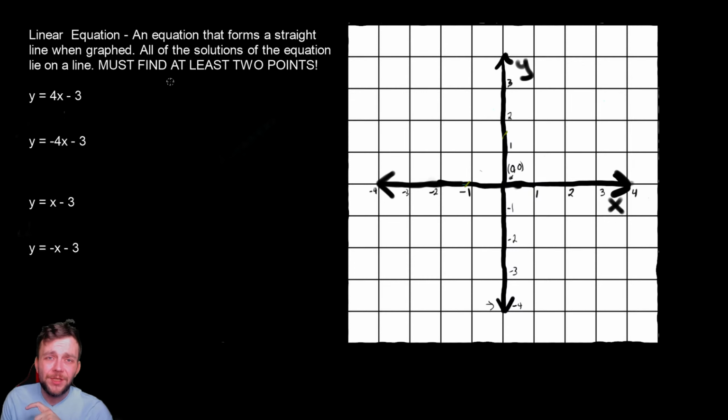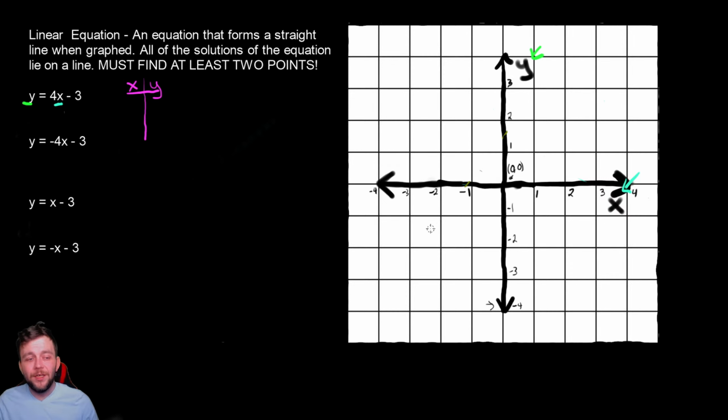The very first thing that you should do when you're first getting started out is make a little table. So we are going to make an x, y table. And if you notice, we have an x here on the grid. But then we also have the y, and that is also on the grid. So what you can do is,